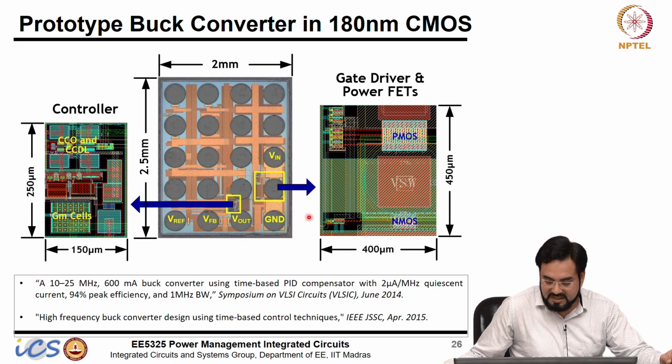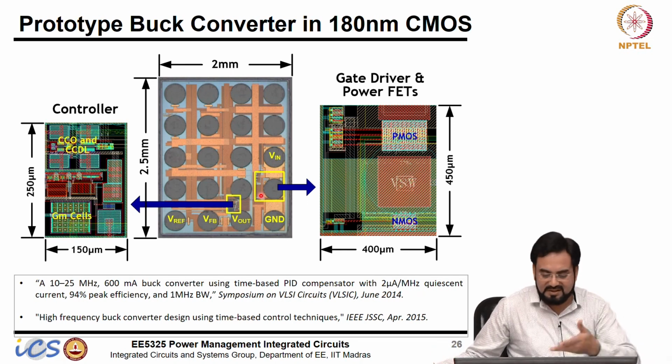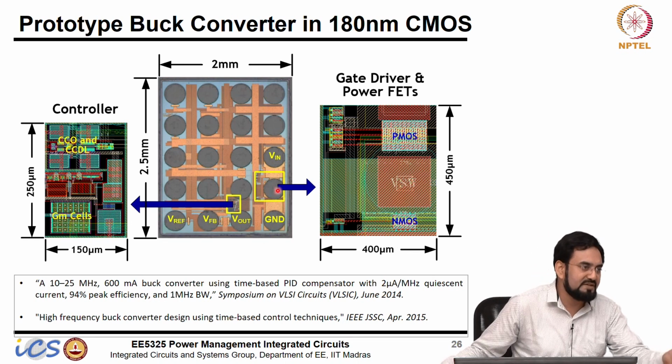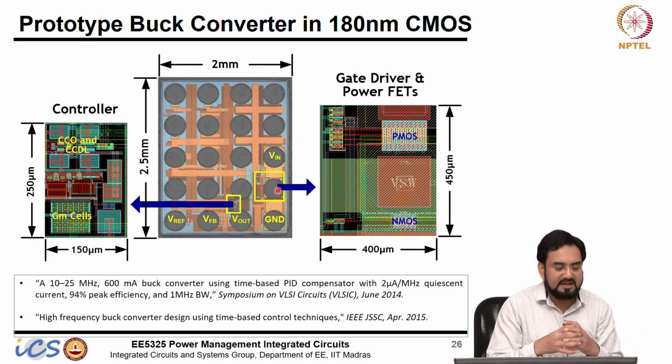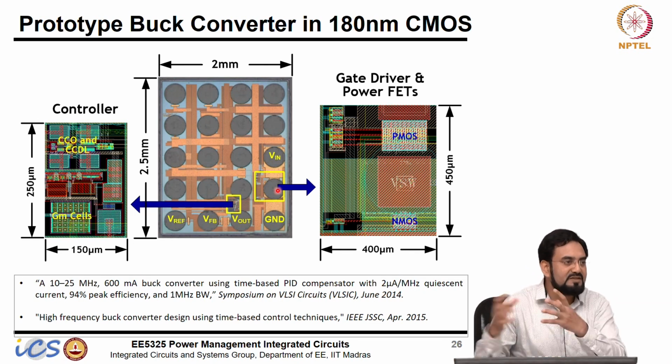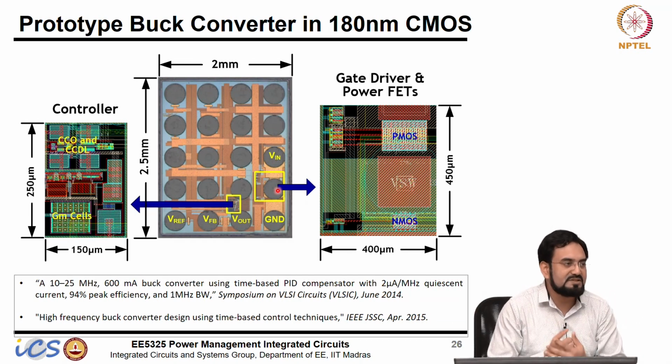And most of the time if you compare the controller size with the power FET, usually you may see 50-50 or 40-60 ratio. Here it is much smaller actually, maybe 25% area is taken by the controller and 75% is taken by the power FET. So, if you are limited in area and you can reduce the size of your controller, it will give you more room to have bigger power FETs and you can have a smaller RDS on actually.